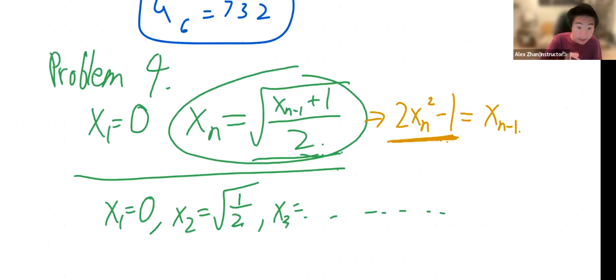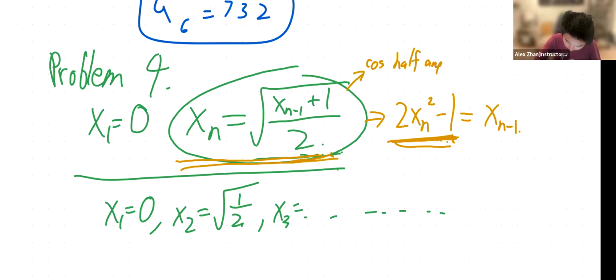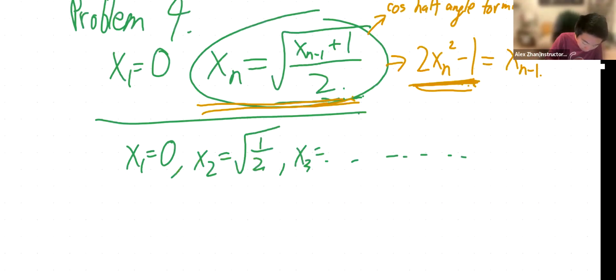Yes, exactly, Daniel, you're correct. It is the cosine double angle. So maybe you now see that this is in fact the cosine half angle formula. This is the cosine half angle formula. Now, in order to do this problem, let's say xn is equal to